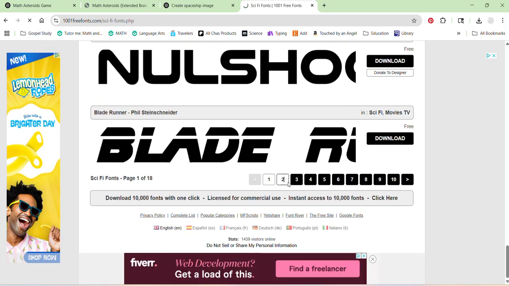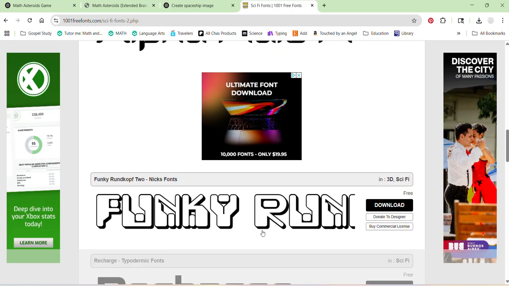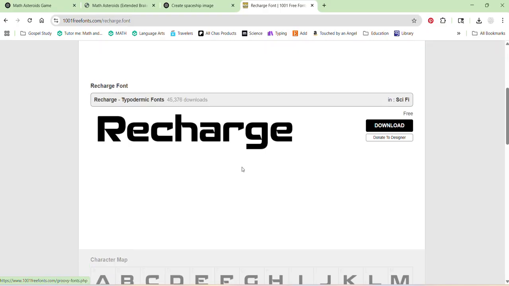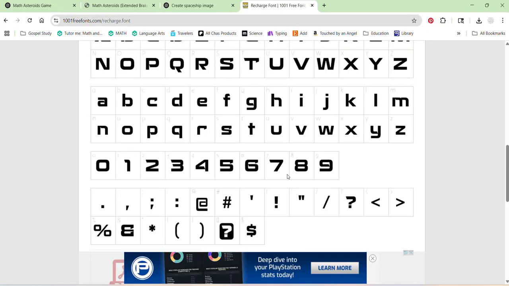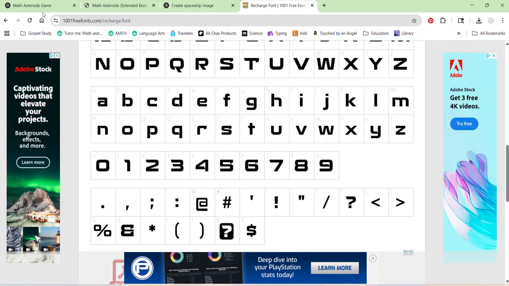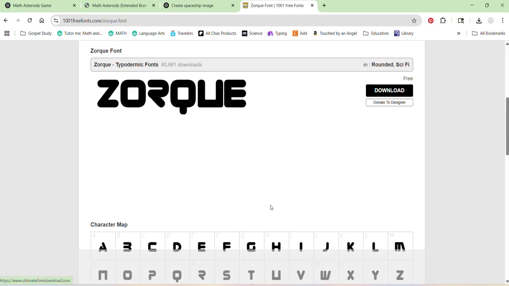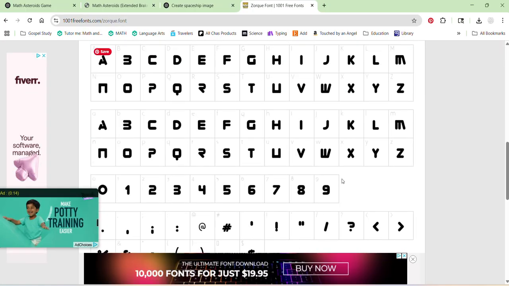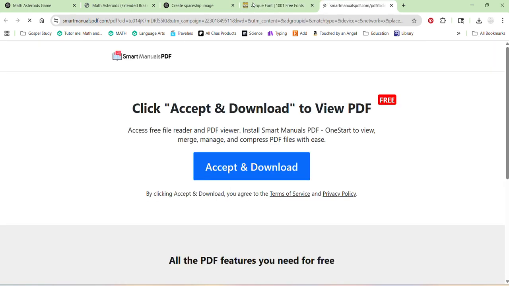We could just say where the numbers are, use this font. Something fun but very easy to read. How about this? This is kind of cool looking. Numbers. 1, 2, 3. Okay, yeah, that's pretty. 5 is a little. Let's try Zork. Oh, I like that one. They're very readable. Okay, so I'm gonna go download, and then